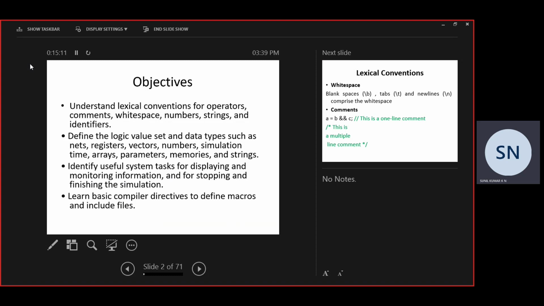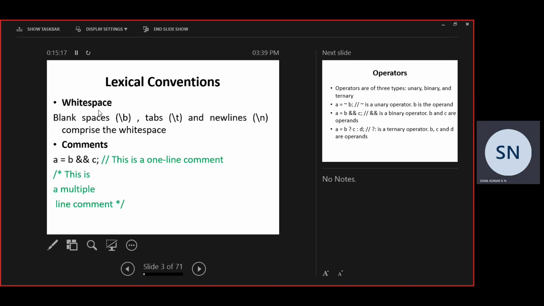That you have to tell. Two things you have to tell in C, how you are going to do. So these are the things that you are going to learn in this. So basic lexical convention. Whenever you see a Verilog module program, you can see between the module and